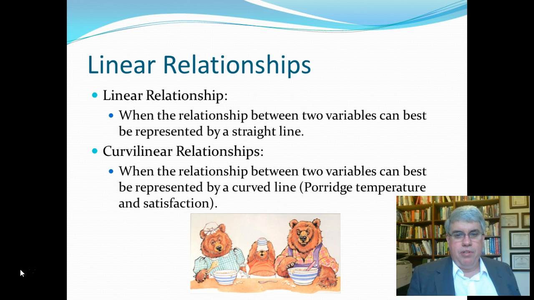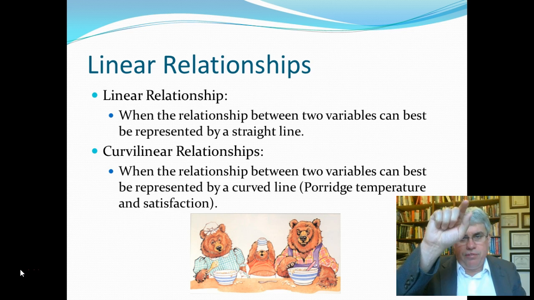Now, sometimes relationships can be represented best by a curve. For example, if we were to measure porridge temperature and satisfaction. If we have porridge that's very cold, that's not very satisfying, low satisfaction. If we have porridge that's very hot, that's not very good either. It'll burn the roof of your mouth. That's not very good. But there's not a straight line between them, because if we have porridge that's just right,